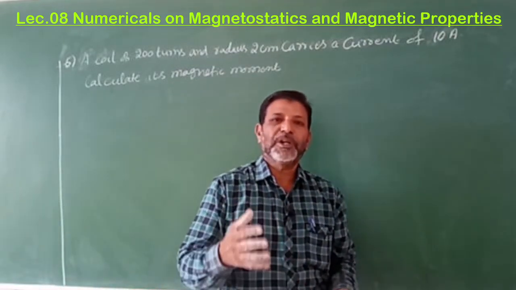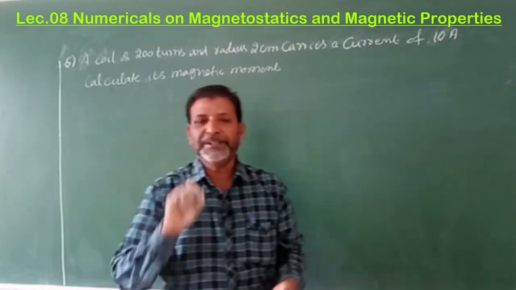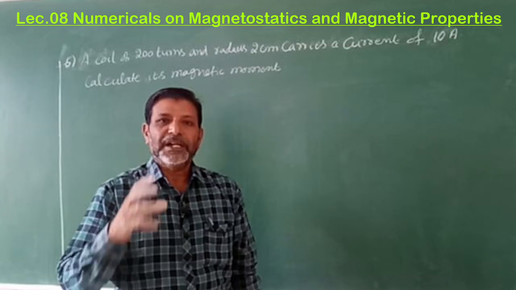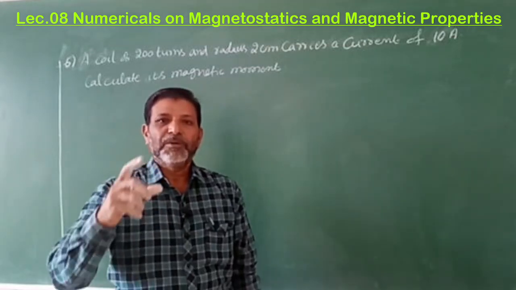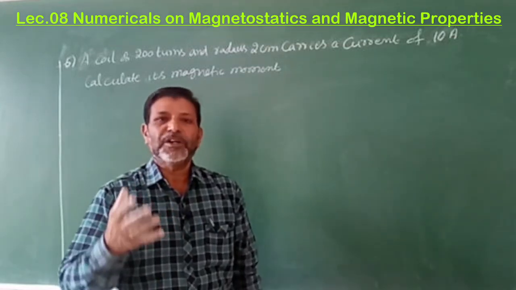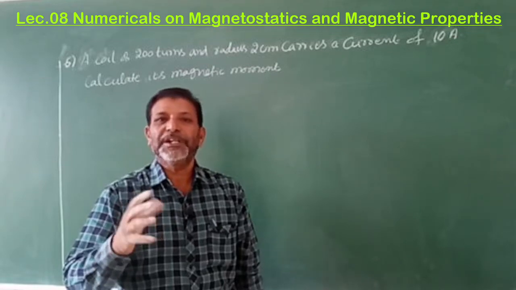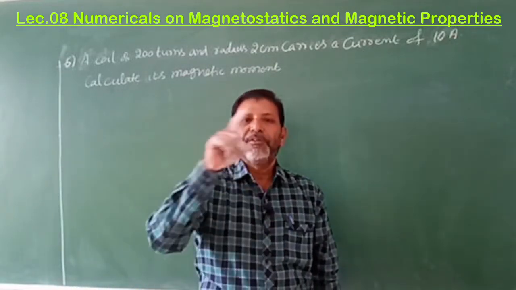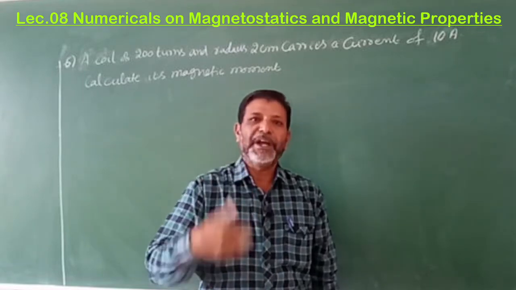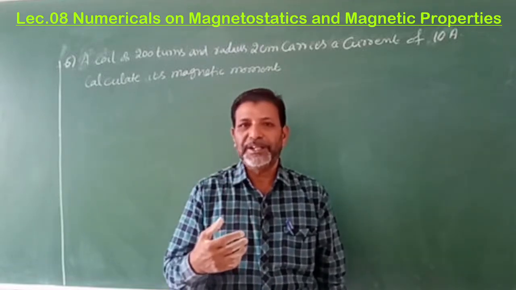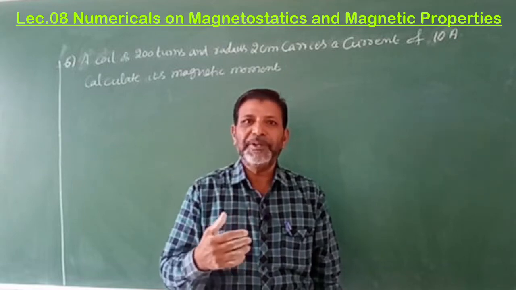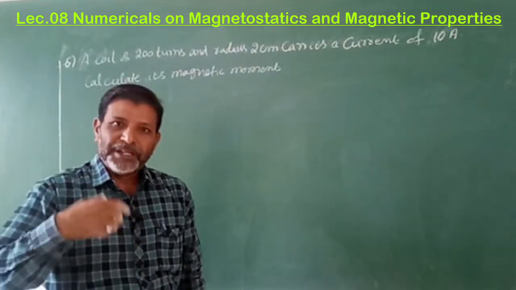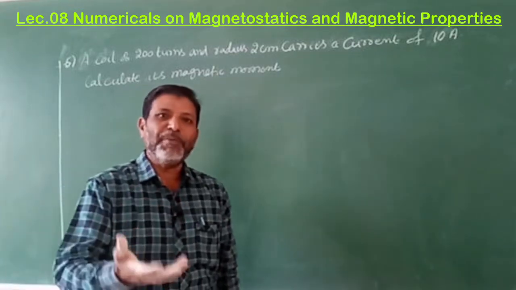The examples for magnetic dipoles are: one is the bar magnet, which has the north and south pole. Second is a circular conductor carrying current. It also acts like a dipole, because according to the magnetic effects of electric current, when current flows through a conductor, a magnetic field is produced around the conductor. If it is producing a magnetic field, it acts like a magnet. That is nothing but a dipole, and every dipole has its own magnetic moment.